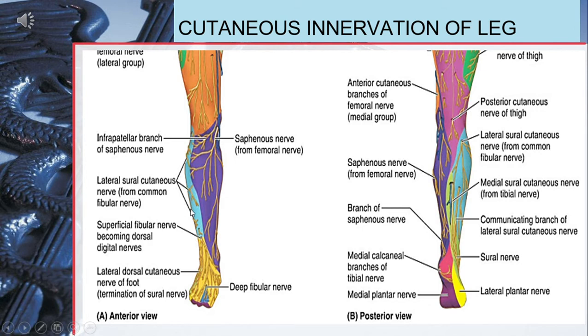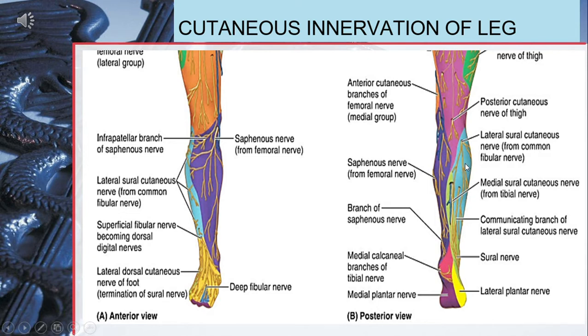Laterally, in the upper part, lateral sural cutaneous nerves arising from the common fibular nerve are going to supply the skin, while in the lower one-third of the leg, the superficial fibular nerve is going to become cutaneous, supplying this part, and also the dorsum of foot, except for medial and lateral borders and the part supplied by the deep fibular nerve, which is the first interdigital cleft. Then posteriorly, you can clearly observe that the region of popliteal fossa is supplied by the posterior cutaneous nerve of thigh coming directly from the sacral plexus. And then medially, saphenous nerve is going to supply.